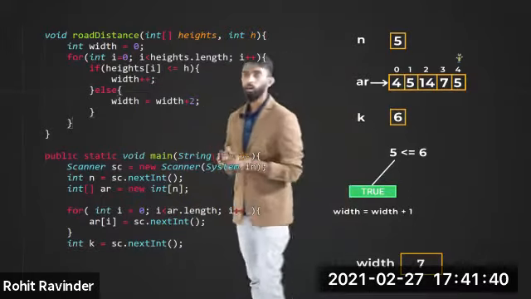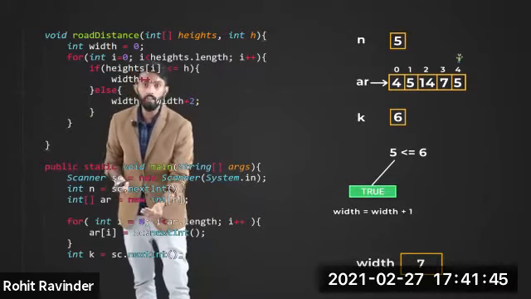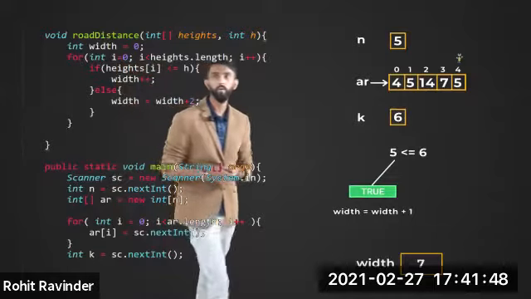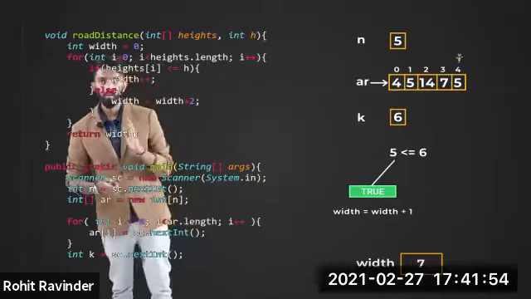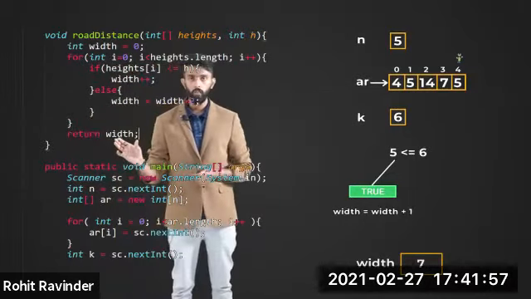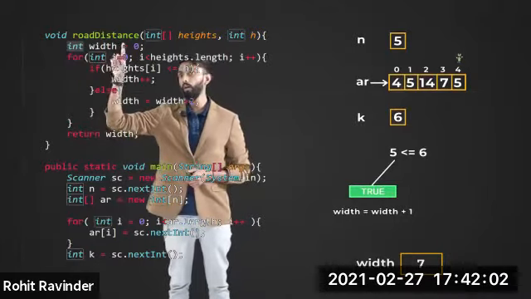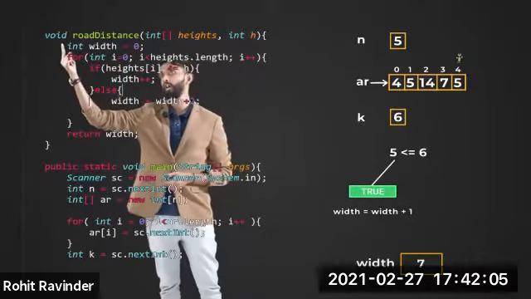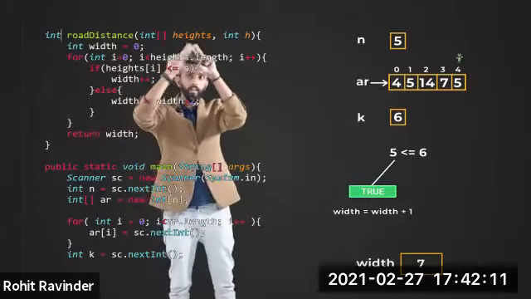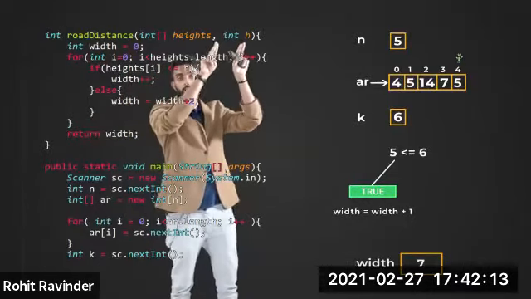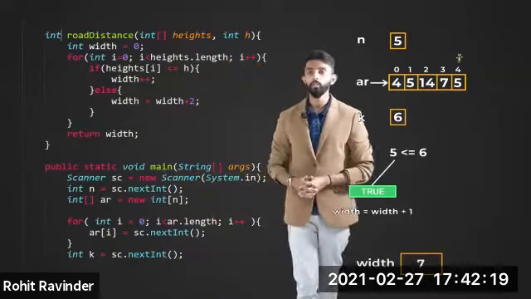Cool. Now, what should we do? After all this, the width value you would have calculated, you must take it and return it as output. So I will come outside the for loop and there I will write return width. As simple as that. Now you have returned width. What are you returning? You're returning an integer because width is an integer. But what are you declaring? Road distance is a function which doesn't return anything. Void, mistake. Change void, make it int. Because roadDistance takes an integer array as input, takes an integer h as input, and returns an integer as output. That is how you have to interpret things.